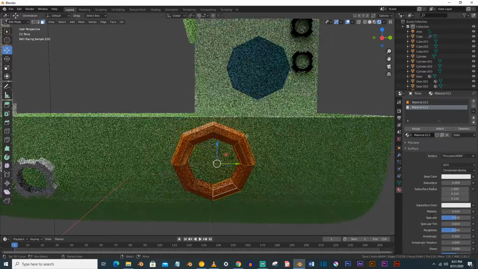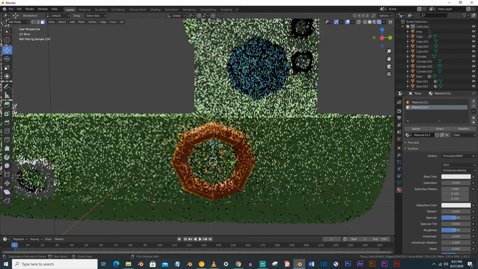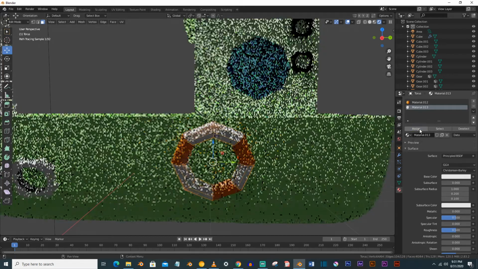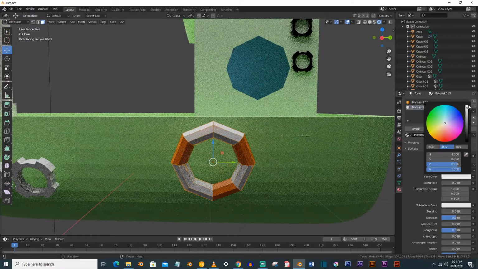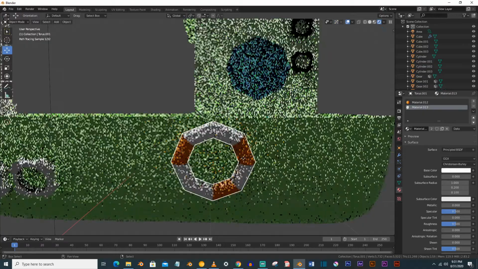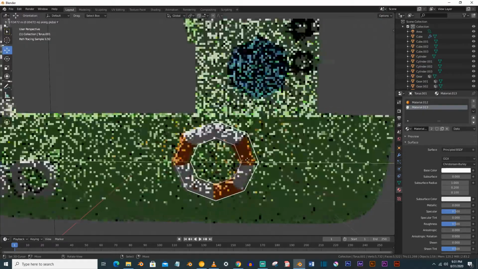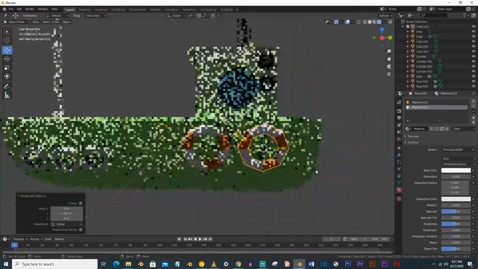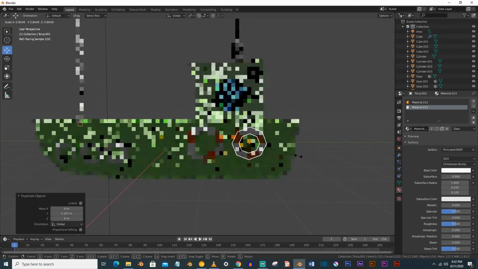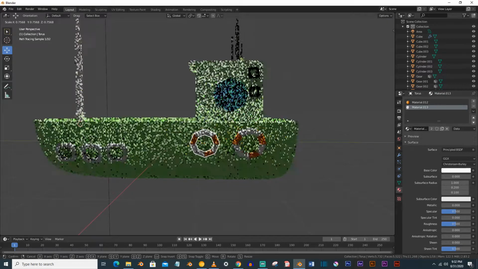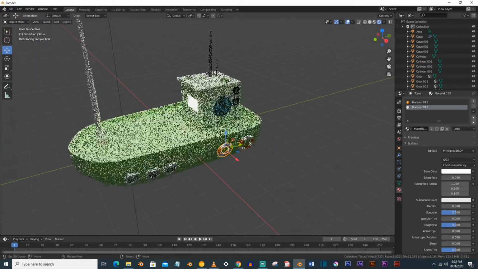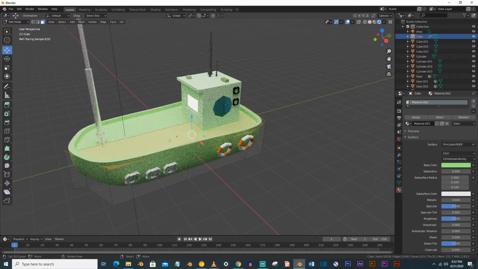Select another material and Control I to select inverse and click on assign, so it will look like our safe jacket. Shift D and Y, and you can just make it a little bit smaller. You can also assign the color of the floor.